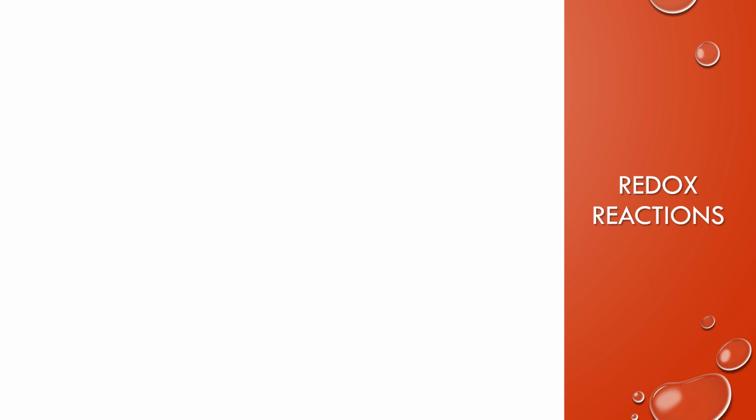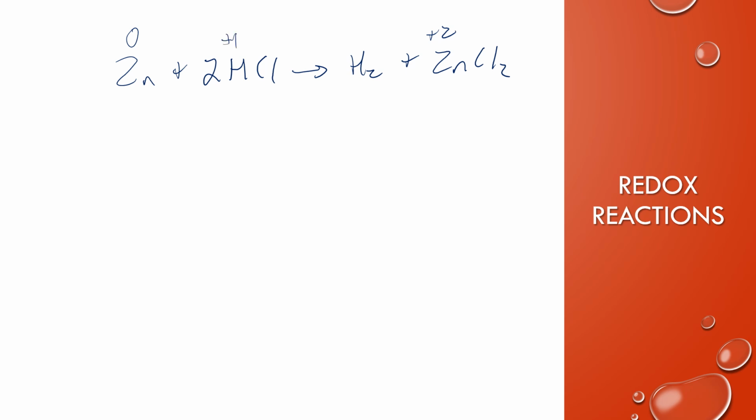So that example that we used in the last one with the hydrochloric acid and the zinc, this one is a redox reaction because you can see that there are oxidation numbers changing from reactants to products. Let's look at another example. If I have something like this,